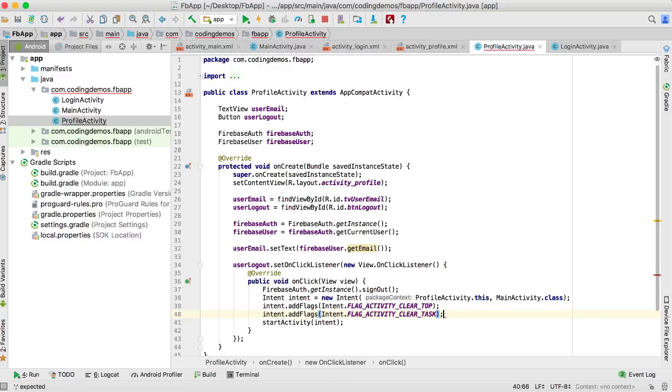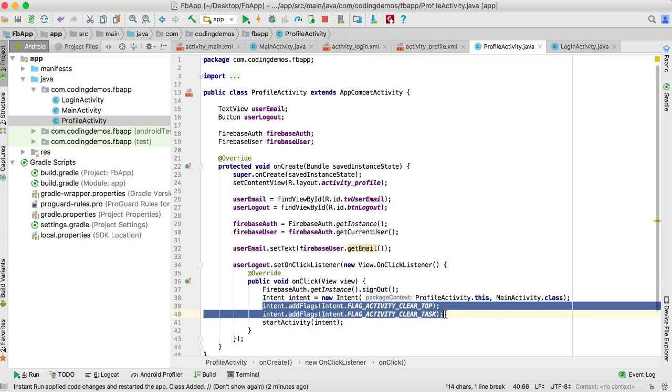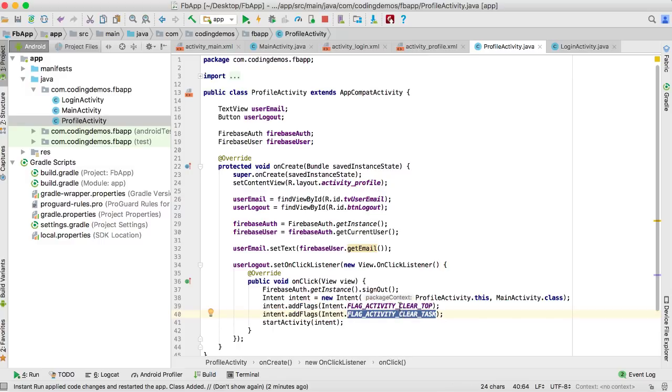So these two flags will actually clear whatever task or whatever activity is currently in the stack when you start this activity, right? Okay, when you start this activity and you add these two flags,